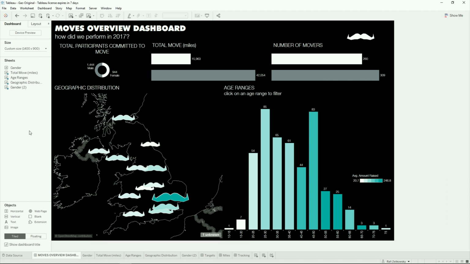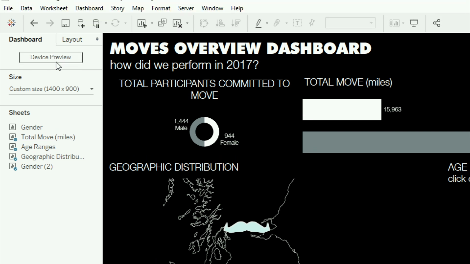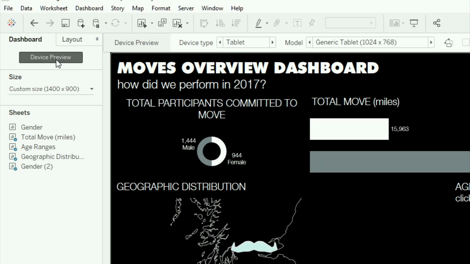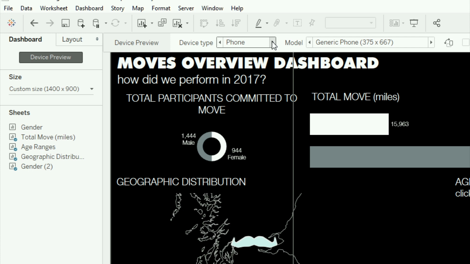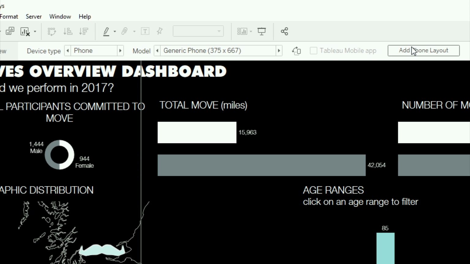The last thing that I want you to think about when you are creating your corporate standard in Tableau Desktop is how your users are actually going to consume your dashboard or your reports. So we're seeing a lot of increase in terms of the number of users that are accessing reports on mobile devices. So don't forget to design for those users in mind as well. This is super easy to do with Tableau Desktop. So we have an item called Device Preview here. And if I select that and just move this over from a tablet to a phone, for example, and I add the phone layout,